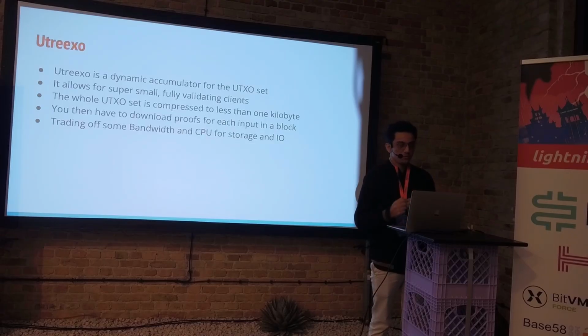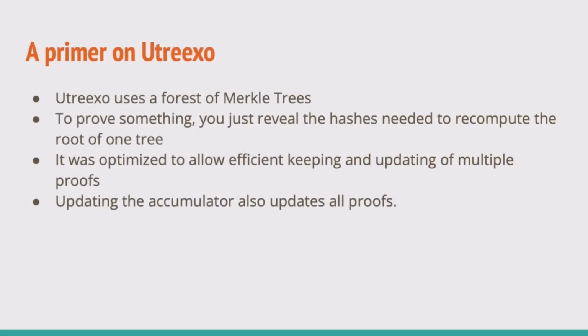So that's the trade-off for Utreexo. You're using a bit more CPU and bandwidth, but those are usually not the bottleneck anyways. So it's a better trade-off. Just to understand how this would work on Lightning, I'm not going to explain the algorithms themselves, but